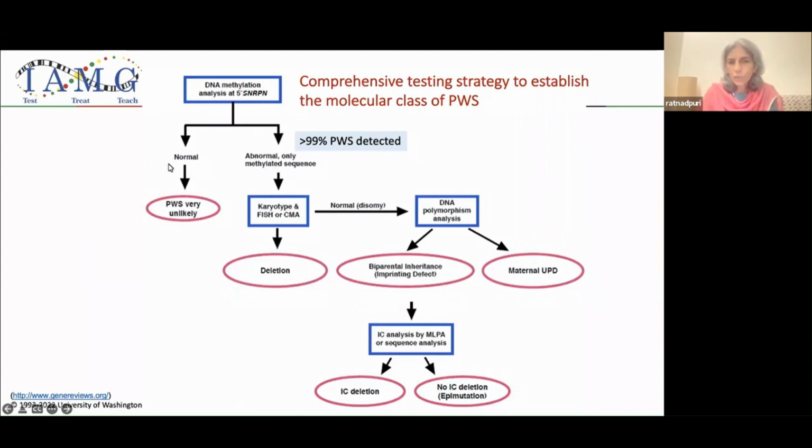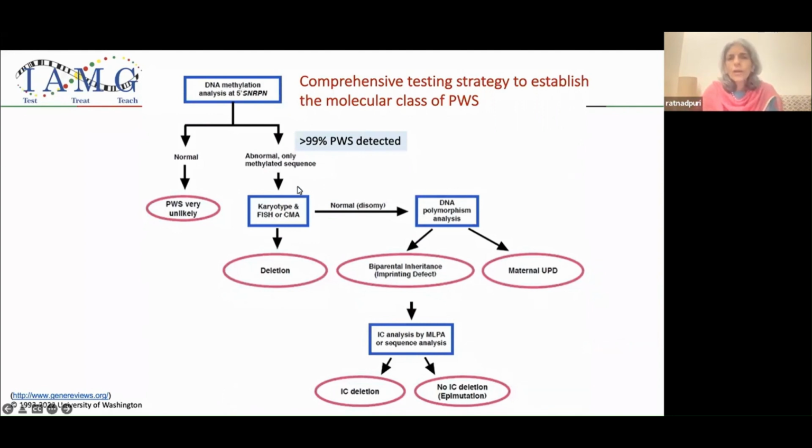If the methylation is normal, Prader-Willi syndrome is very likely. And just up to this step is enough to confirm the diagnosis of Prader-Willi syndrome. Beyond that, if we want to understand the mechanism, and this is really only important to give the families a risk of recurrence,